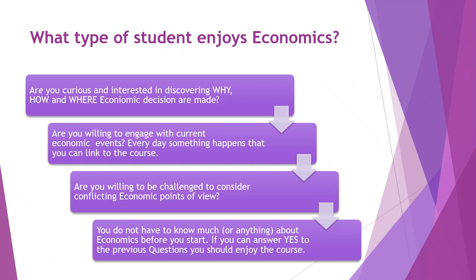Well, I've already touched upon this. Economic decisions are made by everyone. It's a people's choice, in terms of individuals making choices, firms making choices, and governments making choices, and then how it impacts on other areas. So for example, you've seen the news today with the problems in Ukraine. How will that affect the decisions that we have to make? Well, one of the areas that will affect our decisions is in terms of gas. So if your parents' gas and electricity bill goes up, they will have to make a choice of what do they have to cut back on?